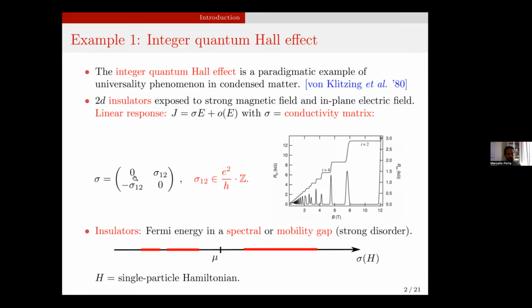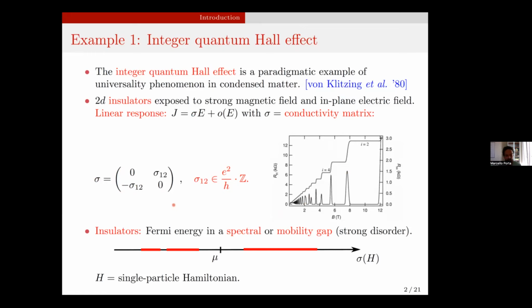And the observation about the quantum Hall effect is summarized here. It's a statement about the conductivity matrix. The diagonal part is 0, and that's in fact because the system is an insulator. But the interesting part about it is that the off-diagonal part is quantized in units of this fundamental constant. Okay, so this is a remarkably precise measurement, and here on the right you see measurements for the resistivity matrix, which is the inverse of the conductivity matrix.